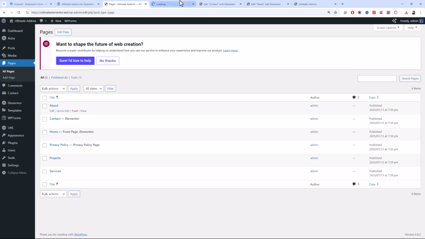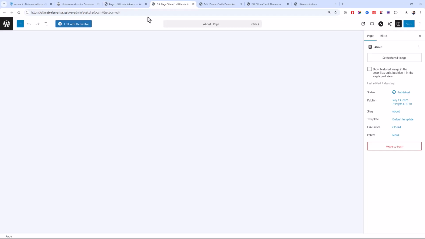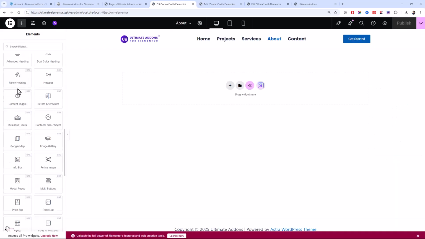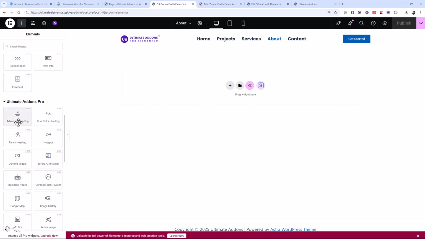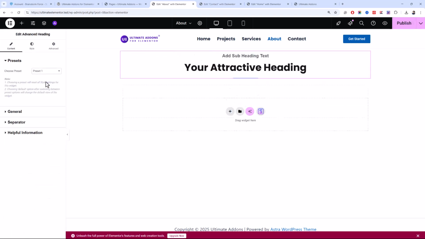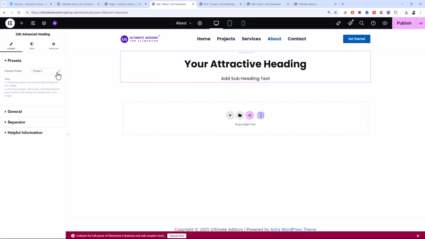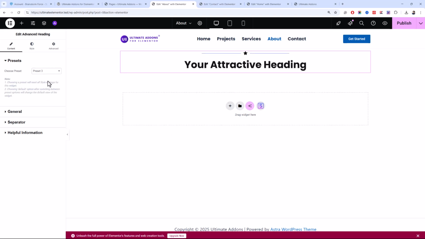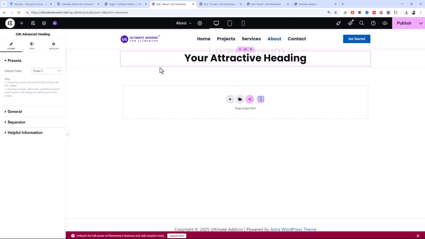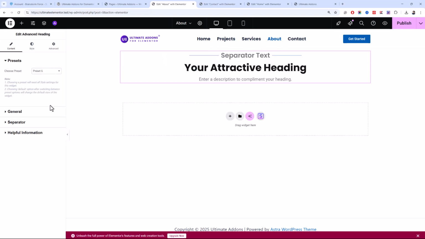If we go to about, and let me edit this with Elementor, and now you can explore other Elementor Ultimate Add-ons widgets like advanced heading. You see it comes with presets, like you don't have to think about anything or waste time on designing some headers or section headers.